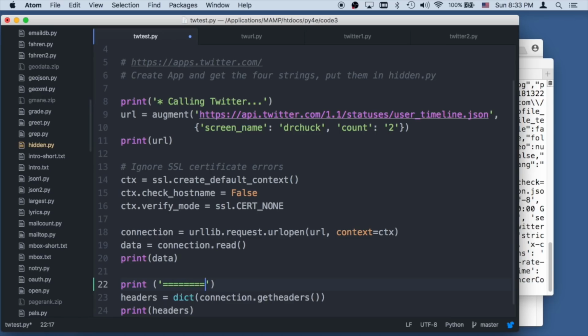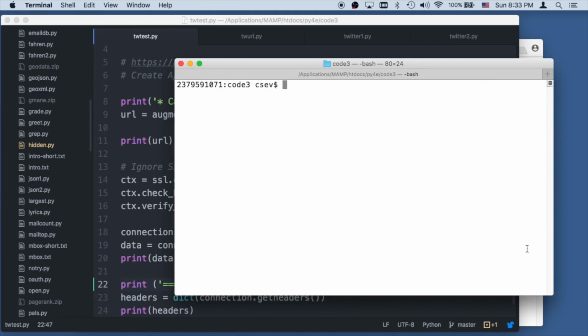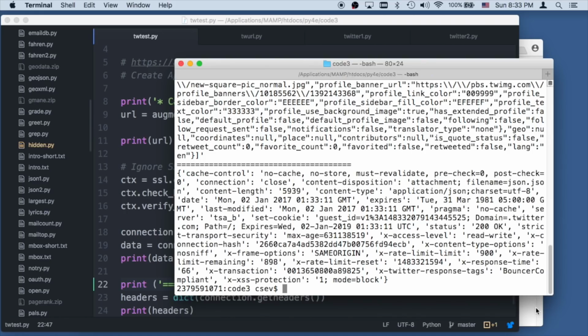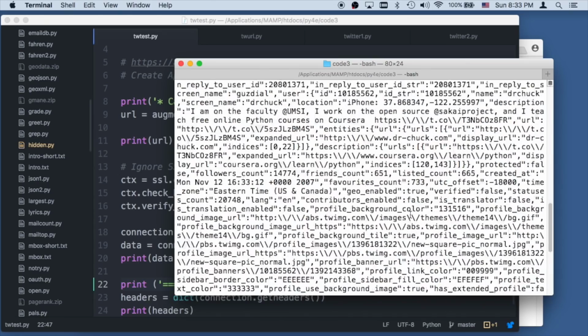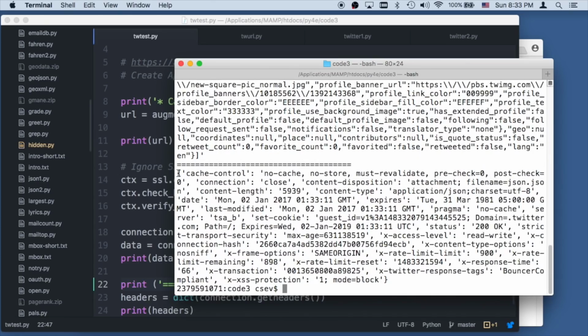Let me put some equal signs here, a lot of equal signs, so we can easily see where the thing starts and stops. So we'll run that again. If you look at those URLs, that was all of that stuff. And then